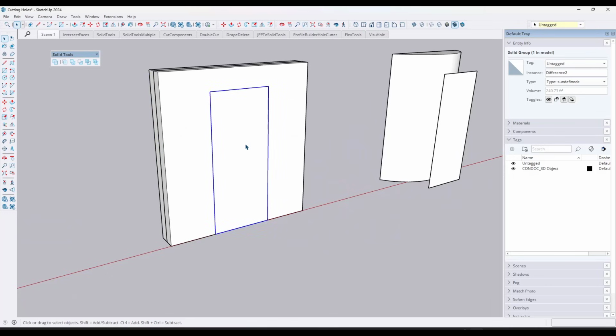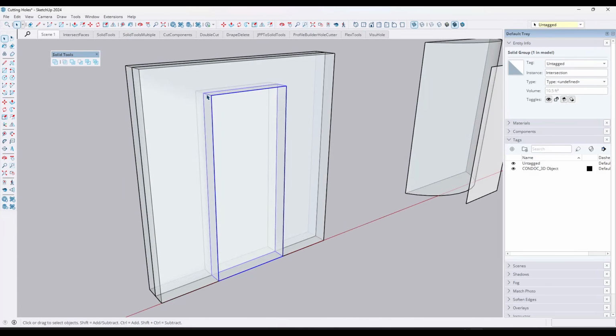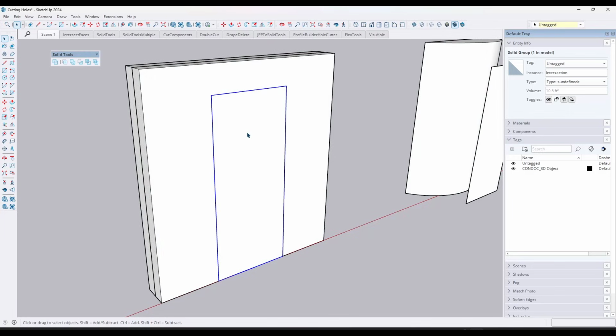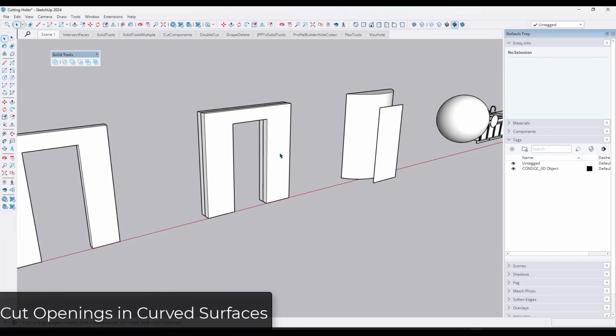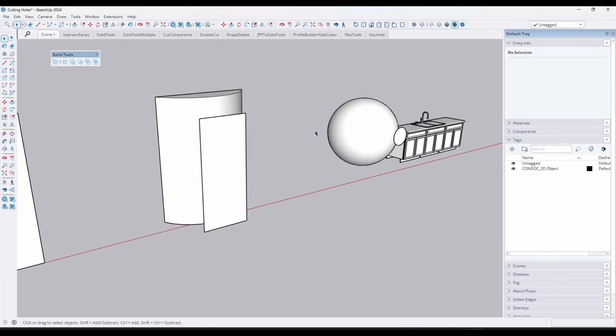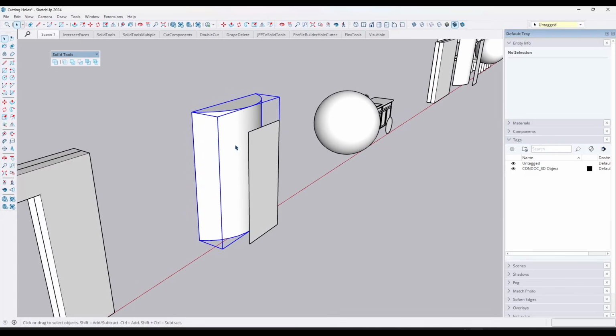So now if I delete this out, notice how you can see that this split this object and this object into separate geometry right here. And then you can just delete that out like this. So that's another way to cut holes, is to use solid tools like this. And so this is extremely valuable when you start dealing with objects like this one, because